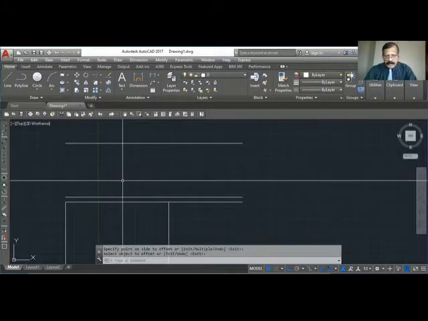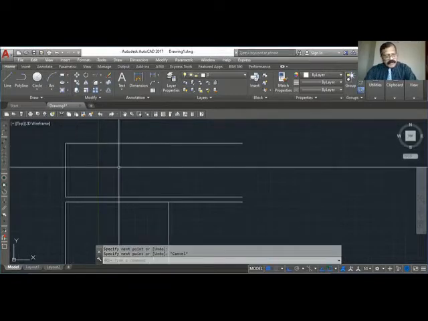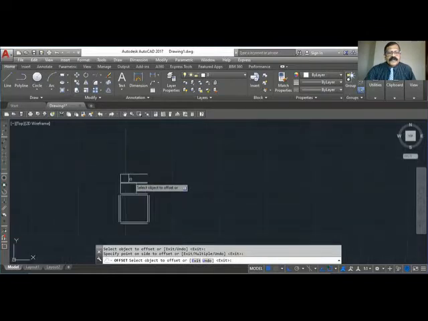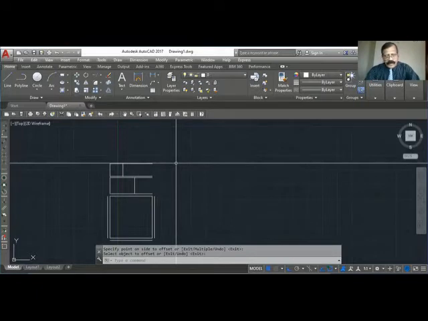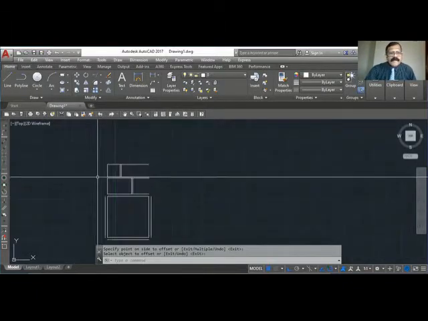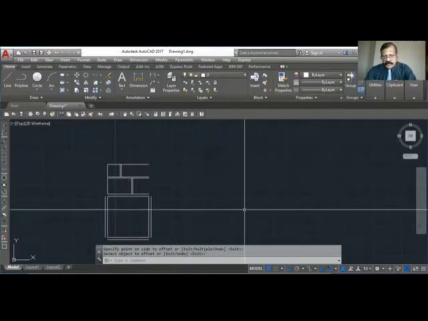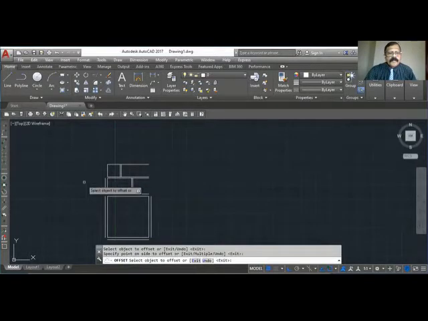Line and intersect, endpoint to endpoint. Again offset 1100. And again offset 100, offset 100. Now I can offset this wall, 200, and this wall is also 200.